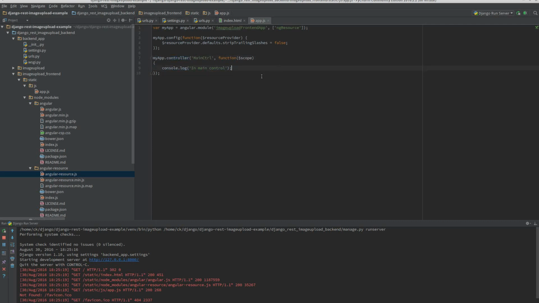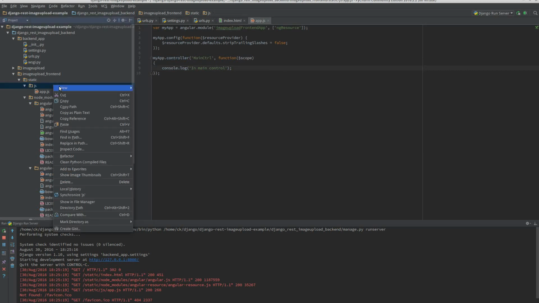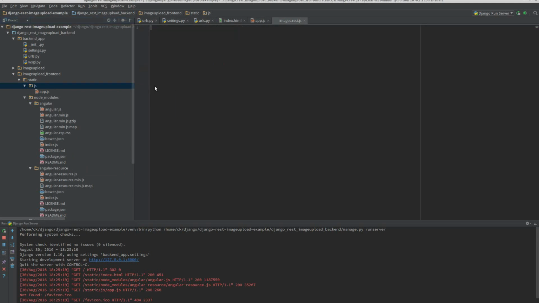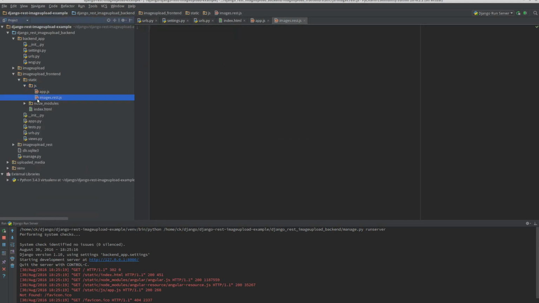Now here we can do our magic with our REST API, but before we do that, we need to define how to access our REST API. For this, we create a new file called images.rest.js. We can close the node modules here, we don't need that. In images.rest.js, we need to create a factory. We will call it images, and it gets the resources. Resources is ng resource basically, and I've already misspelled it again. It's resource,